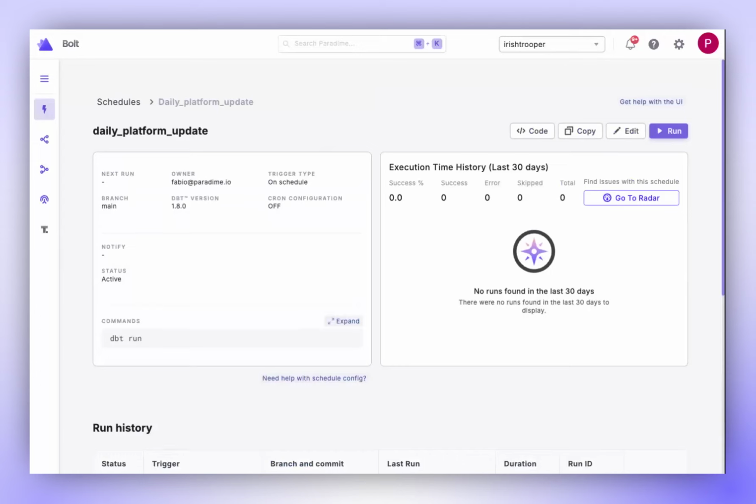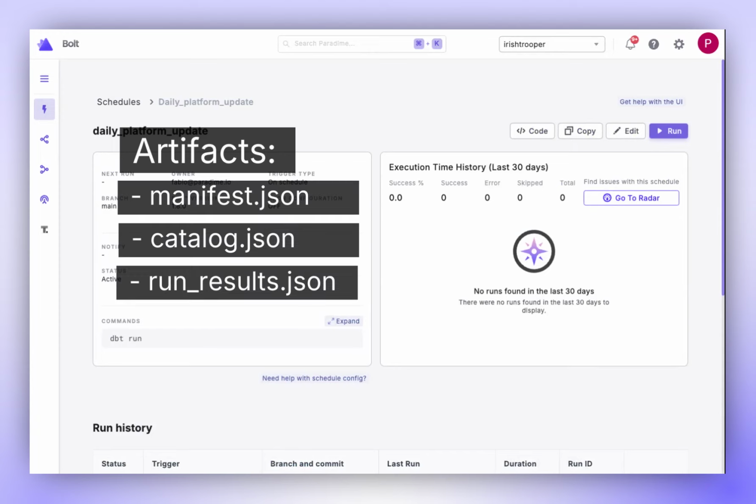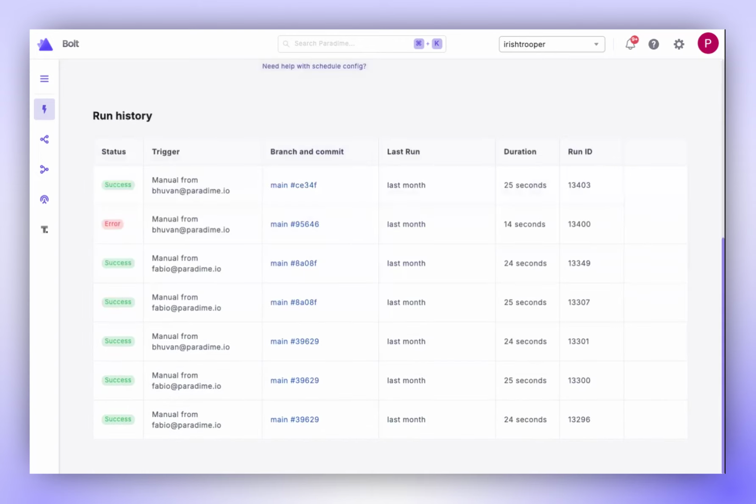Every time Bolt executes a dbt command, dbt generates a set of artifacts, such as manifest.json, catalog.json, run-results.json, and sources.json. These files are instrumental in analyzing, troubleshooting, and optimizing your Bolt schedules, and you can access them through your run logs. To do this, navigate to the run history of a specific Bolt schedule, select one of the executions, and